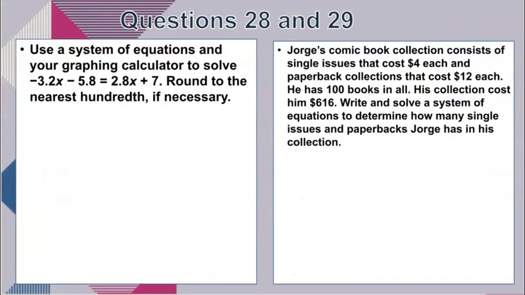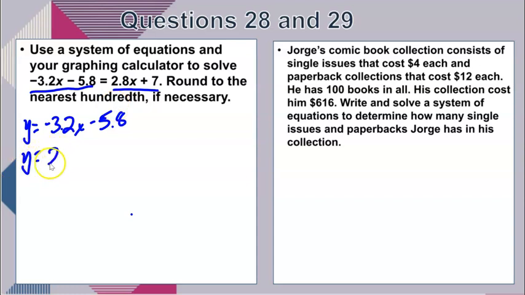Question 28. Use a system of equations in your graphing calculator to solve negative 3.2x minus 5.8 equaling 2.8x plus 7, and then round to the nearest hundredth. So a system of equations, there are two equations, one on each side. So one of them is going to be y equals negative 3.2x minus 5.8, and the other one's going to be y equals 2.8x plus 7. So we're going to grab our calculator,